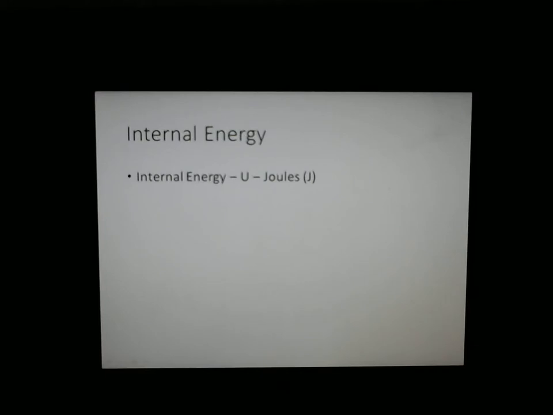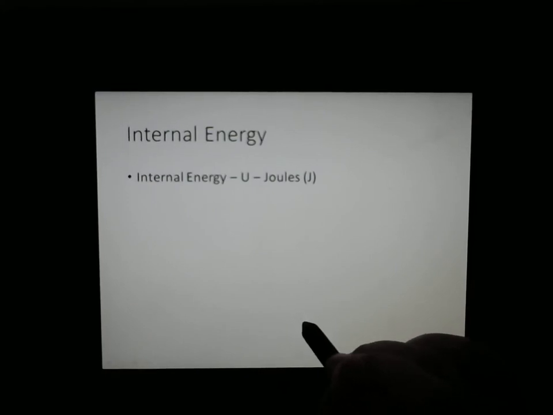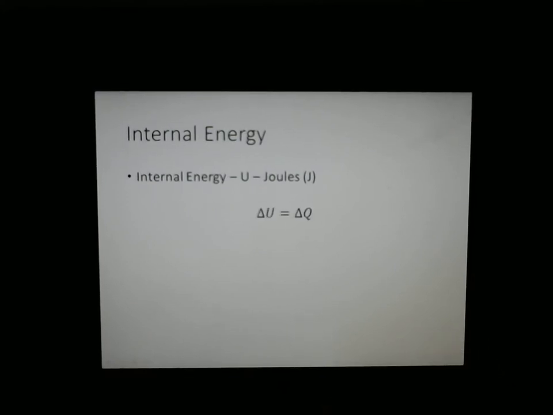Now for this unit, we're not going to consider chemical potential energy for heating or cooling objects. The chemists will, but we don't in physics. We're just going to deal with nice solid state objects like lumps of metal heating and cooling. And nuclear energy doesn't change at low temperatures, so we're not going to have to worry about that. And so our change in internal energy, and this is the big one, because we can really only measure the change in something, relates to the change in heat. And remember in the previous video we used Q as our symbol for heat, and delta Q for change in heat. So, for your first activity of this video,